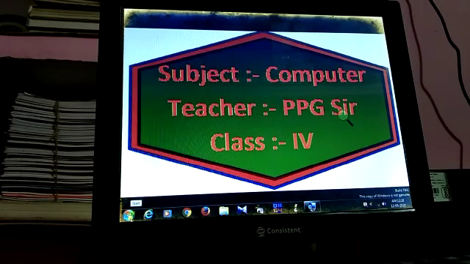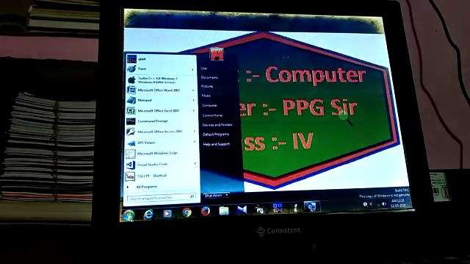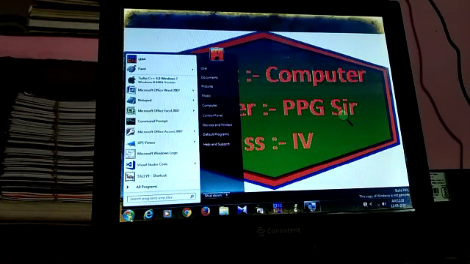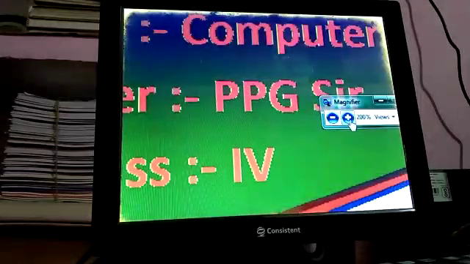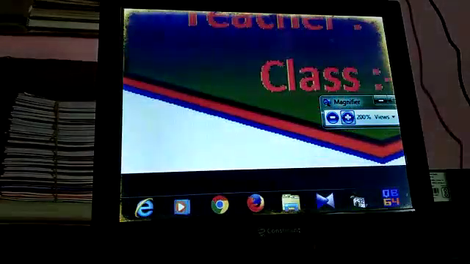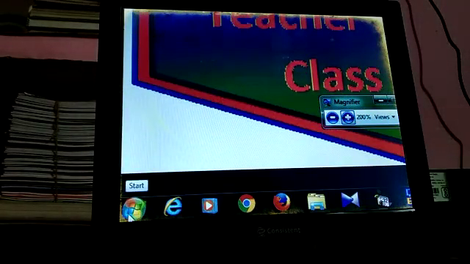Look at here. This is the start button. Then at first I show the magnifier to see it very clearly.